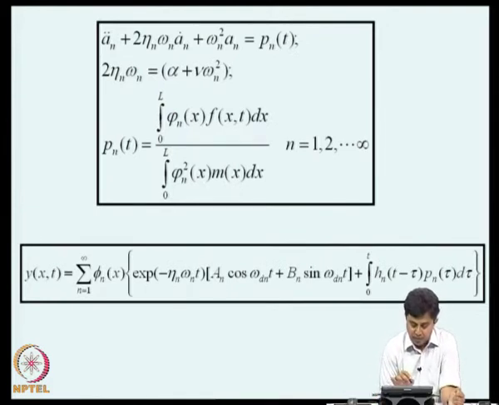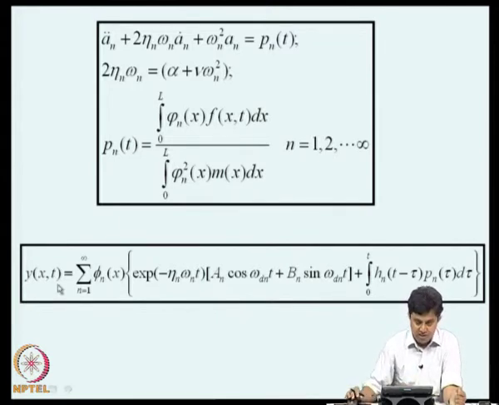So, we have reduced the given partial differential equation into an infinite set of single degree of freedom systems, each one of which can be solved using the methods that we have already learnt, and based on the solution for a n of t, the expression for the displacement function can be expressed in this series form. The first terms shown in the bracket here are the contributions from initial conditions, and this is the particular integral in terms of the Duhamel's integral associated with each one of these single degree of freedom systems.